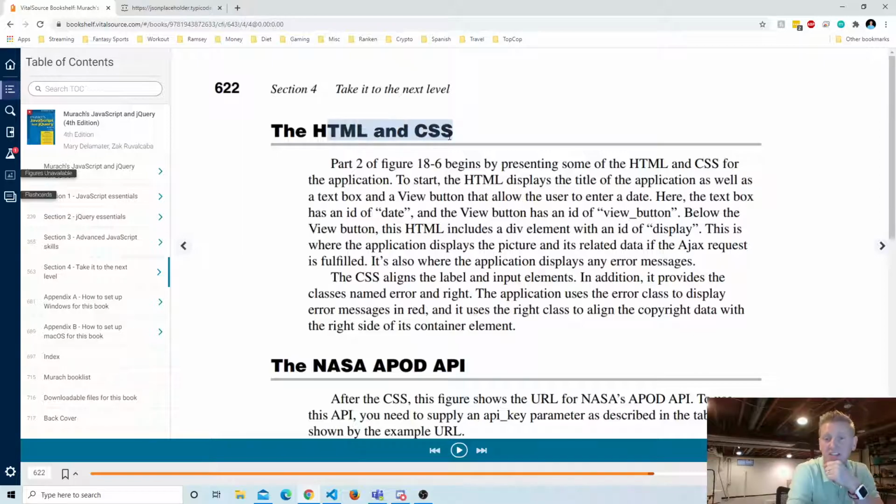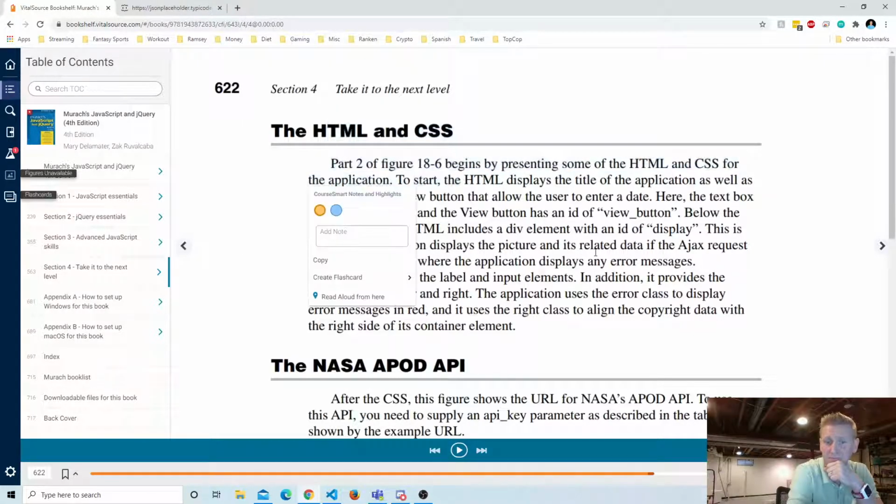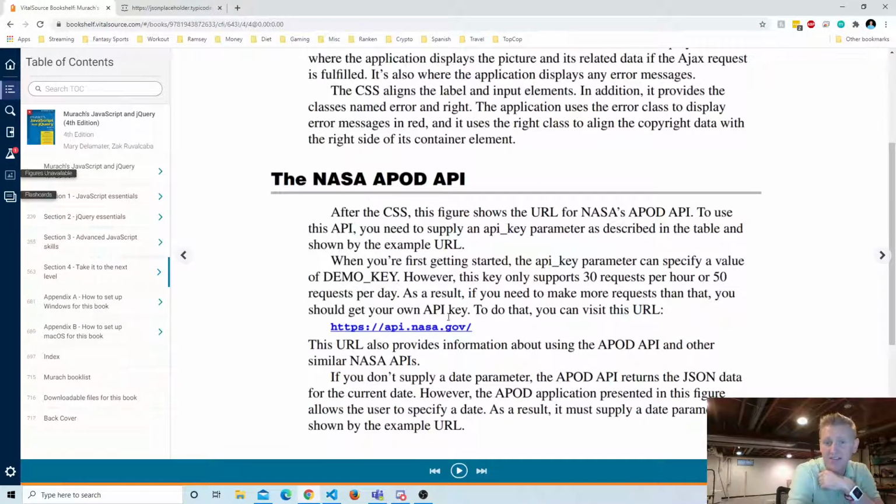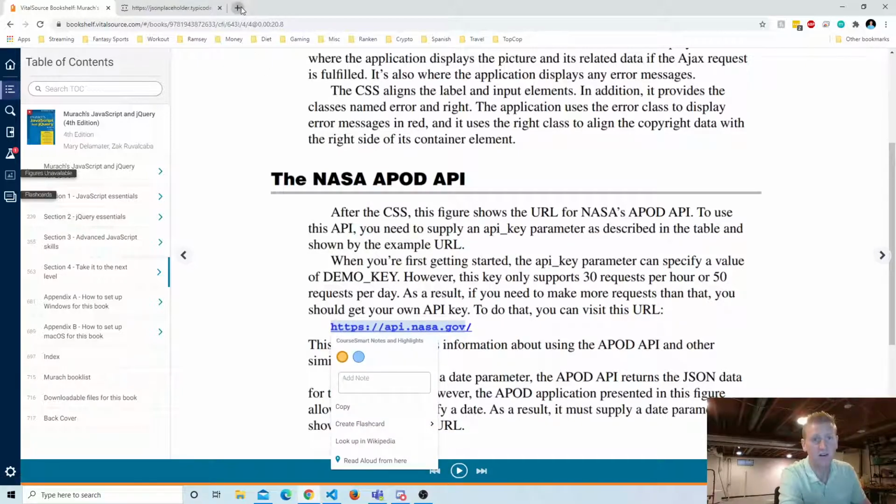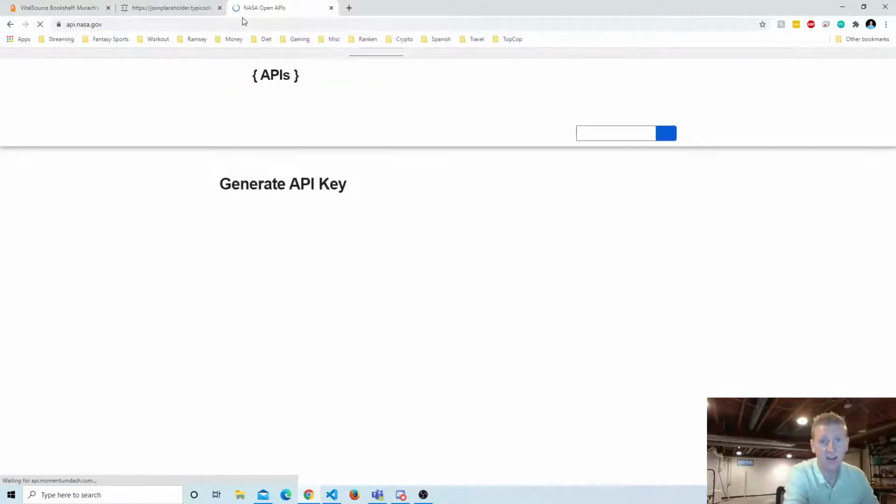Okay, we start with the HTML and CSS. The API is available through this URL here. Now, I believe when I went here the other day,